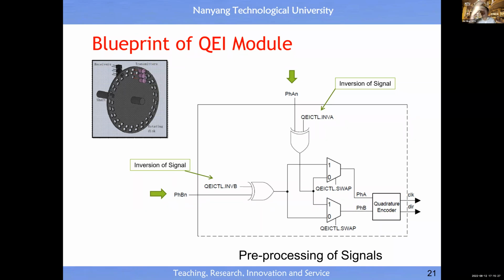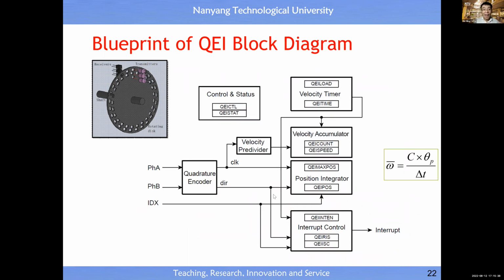Okay, consider A as a B, B as a A. That's it. So you see, it's like you pay the price of a bicycle, now you get a motorcycle, right? Slightly complicated, right? And this slide is also showing you that you are able to count at high speed, high velocity, because this one has a velocity pre-divider.